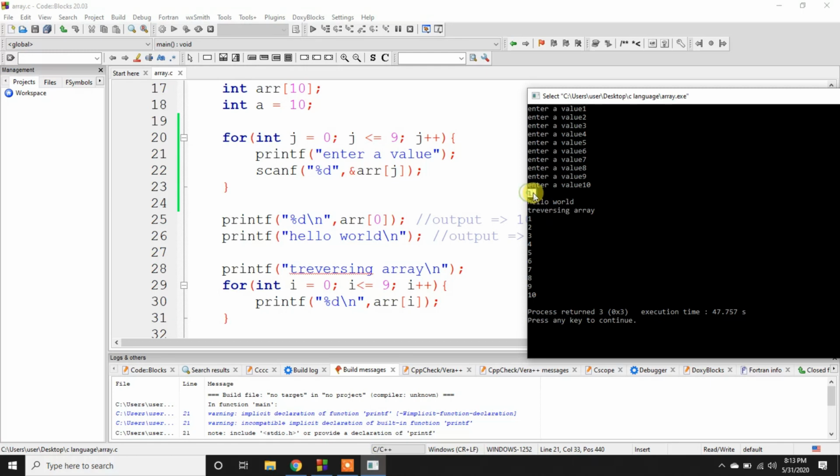Here it printed the 1 because of the line at the 25th line execution. After that it prints hello world, the 26th line execution, and after that the 28th line execution is this traversing array. After that, in the loop it will print the complete array line by line, because we used the slash n in the 30th line.